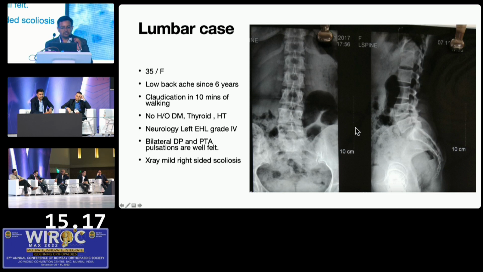So at this point, I would like to know from Dr. Sandeep any findings on X-ray. What would you see with this symptom complex? So again, there's not too much to comment on the X-rays apart from a little bit of scoliotic curve on one side. The disc space appears normal, the foramens appear normal except for some foraminal stenosis at L4-5 maybe, but otherwise the X-rays look quite okay to me.